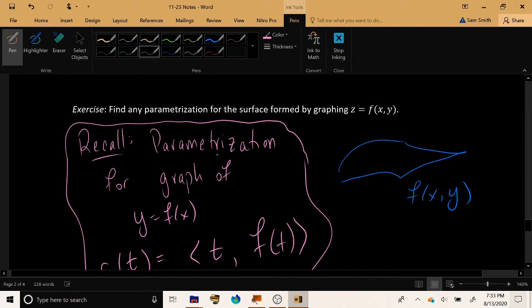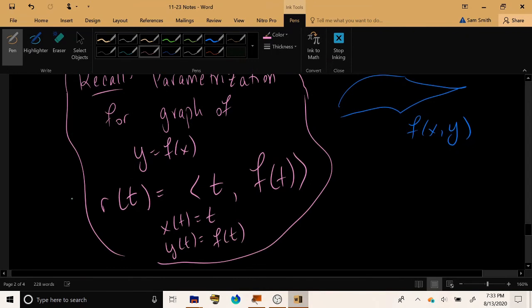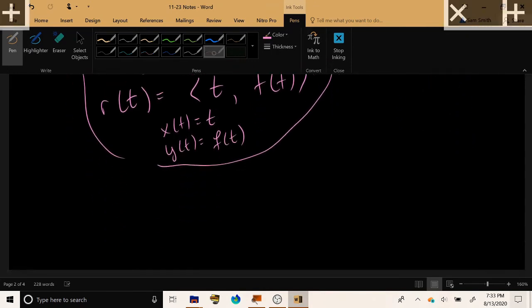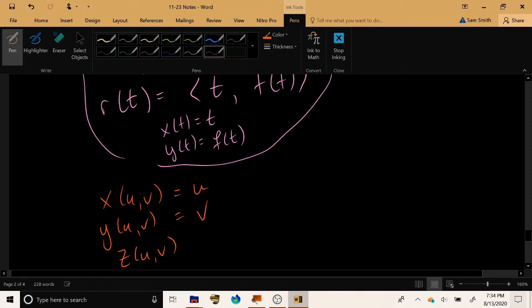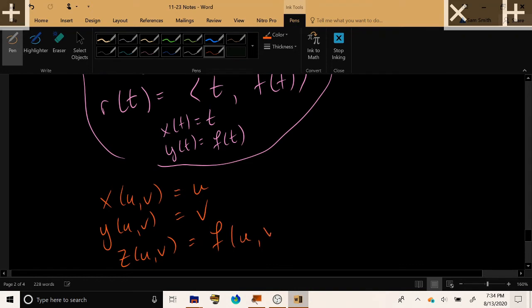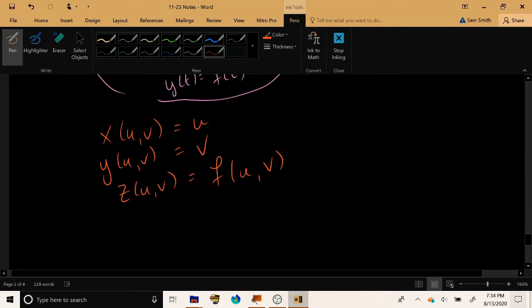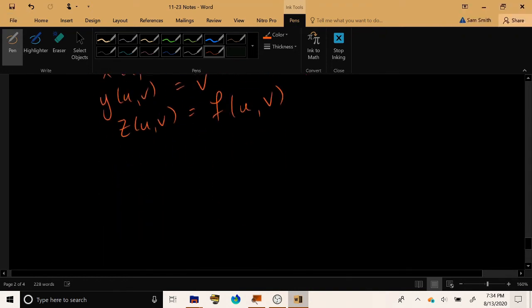We're going to do something similarly cheap to parameterize this surface of two variables. And so we're going to establish the two parameters, u and v, and we're simply going to let x be represented by u, we're simply going to let y be represented by v, and finally the z-coordinate will be determined by plugging u and v in for x and y into the function. So for example,